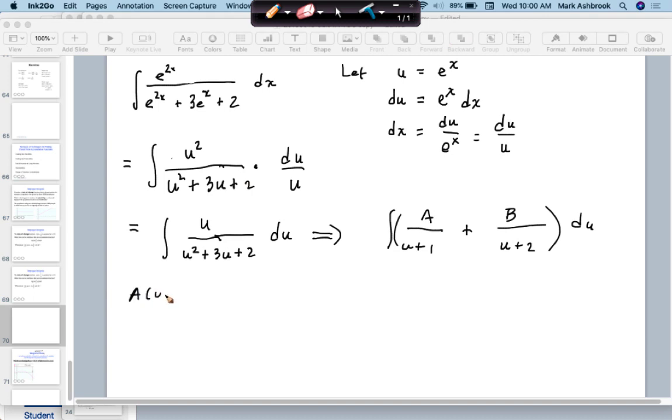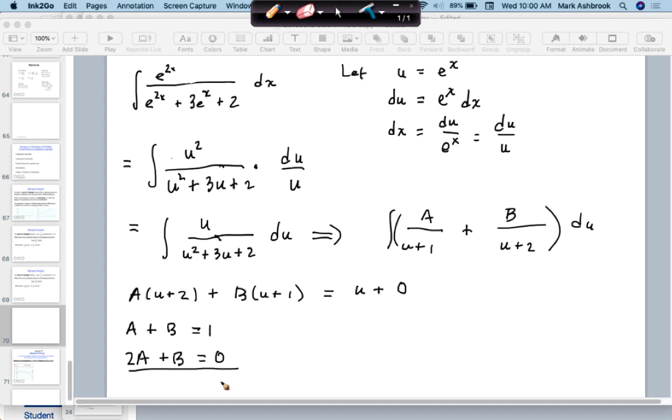Okay, and so then we have a times u plus 2. I'll do this fast. This is an easy one. Plus b times u plus 1 equals to what? That's my numerator. Has to equal u, right? This u right here. And that's u plus 0. So my coefficient of u is 1, so a plus b has to be 1, and 2a plus b has to be 0. Subtracting, minus a is 1, so a is negative 1, b is positive 2, and so then this thing is